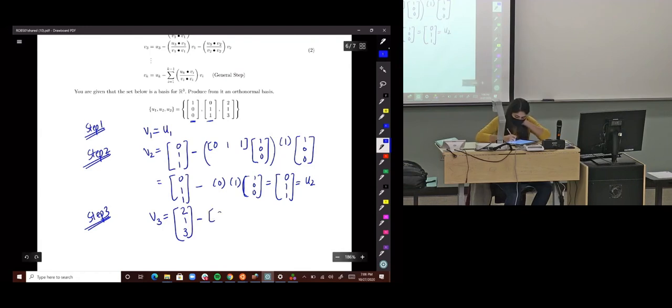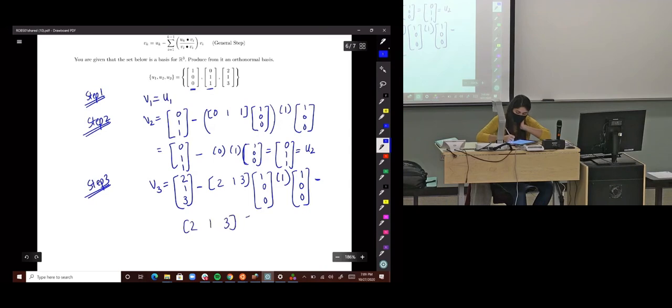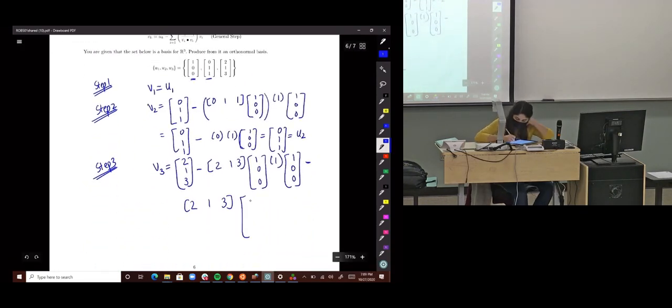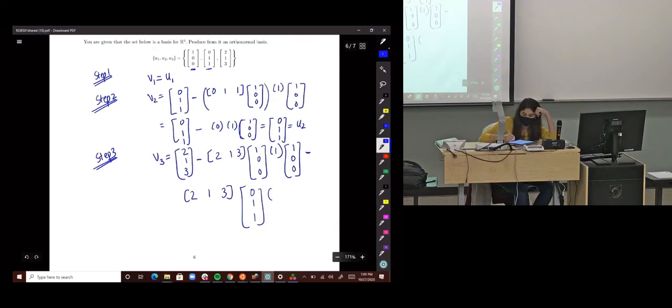So that becomes 2, 1, 3 dot v1, which is 1, 0, 0, divided by v1 dot v1, which we found to be 1, times v1, which is 1, 0, 0, minus u3 times v2, where v2 is 0, 1, 1, divided by the square of all elements in v2, which is 1 squared plus 1 squared, which is 2, and then